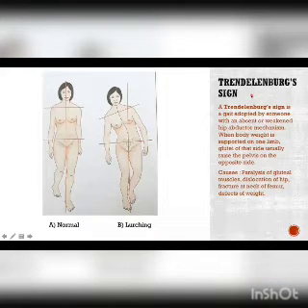Trendelenburg sign. It is basically a gait which is adopted by someone with an absent or weakened hip abductor mechanism. What happens is usually that when the body weight is supported on one limb, the gluteus of that side raises the pelvis on the other side to support the body weight. But in a positive Trendelenburg sign, this does not happen and a lurching gait is adopted. The causes of a positive Trendelenburg sign are paralysis of the gluteal muscles, dislocation of the hip, fracture at the neck of the femur, and being overweight can also cause Trendelenburg sign.